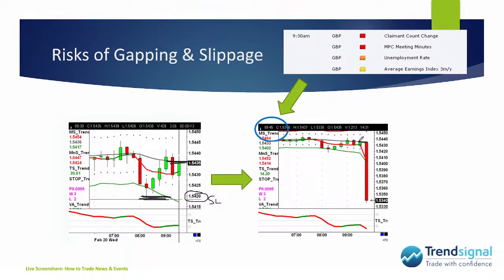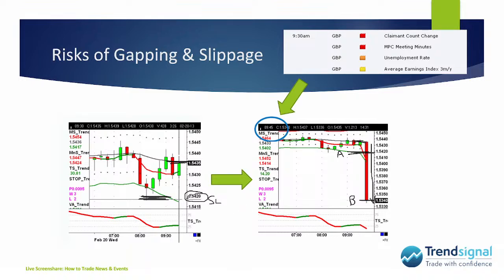Economic data comes in. There was my buy. This is the next candlestick, and whoosh, down the market goes. There was my stop loss at 154.20. Now, the question is, am I more likely to be closed out of that trade at approximately A, at 154.20, or given the speed of movement, am I more likely to be closed out down towards B? What do you think? Give me an A or a B. So where am I more likely to be closed out of that trade?